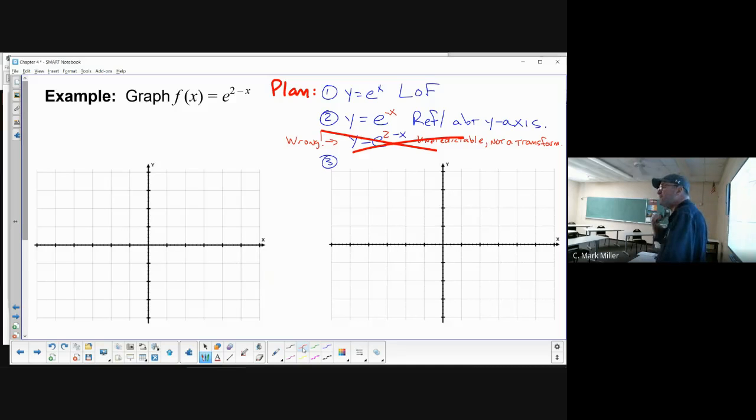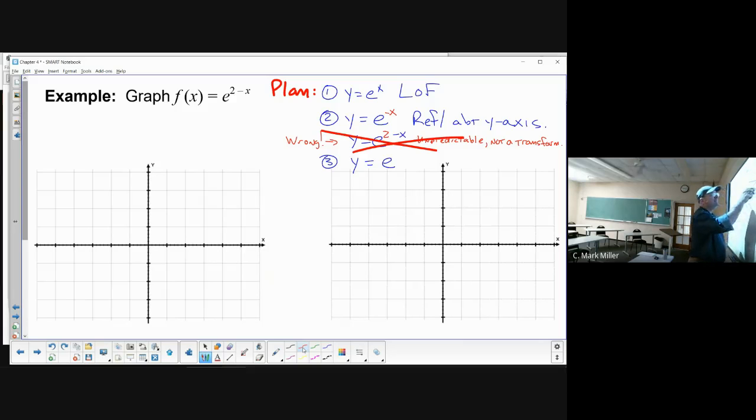I can substitute in for x, right? And if I substitute in for x, it's going to do something horizontal. For example, if I substitute in 2x for x, it's going to be a horizontal compression. That's not what we want to do. But what we need is, watch this,